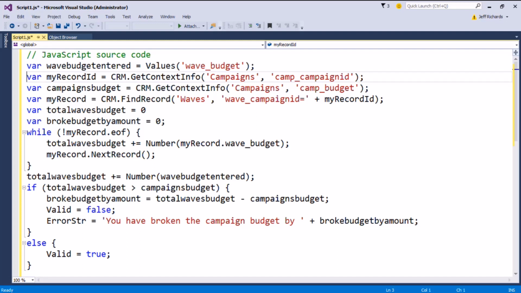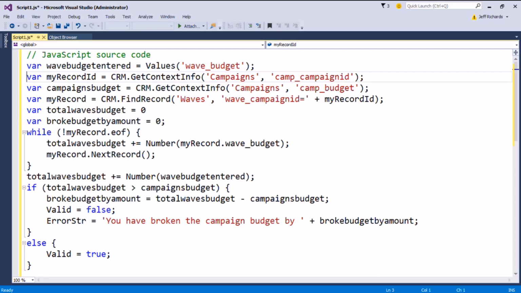But we can start to see in here where we've got the budget being ascertained, being pulled in, var values, wave budget. We're using the idea of context that we looked at back in the create script lesson, going crm.getContext campaigns, and